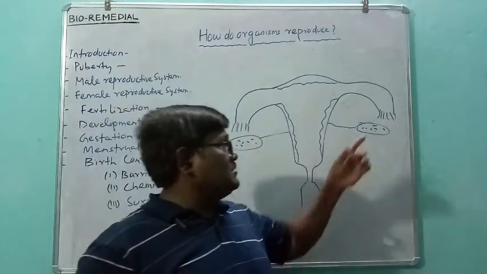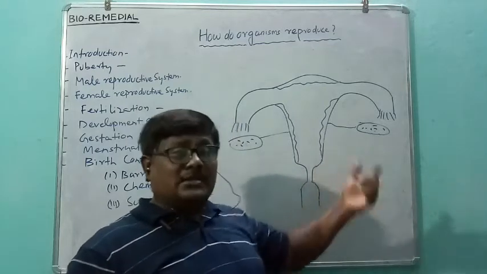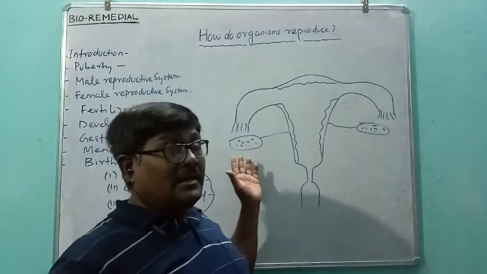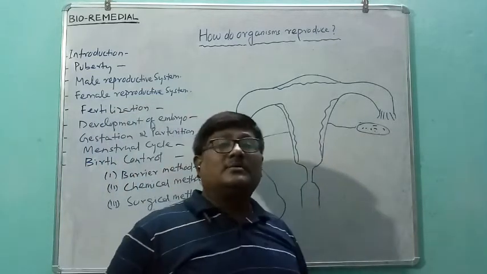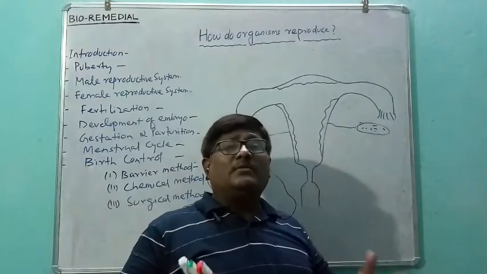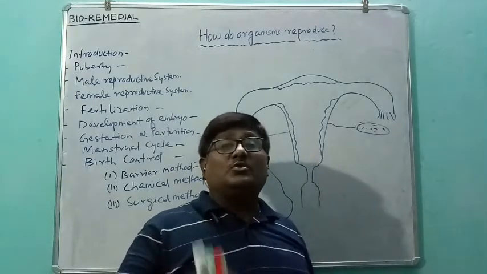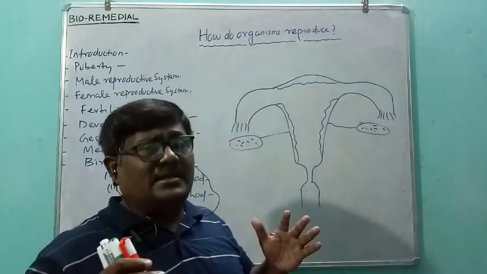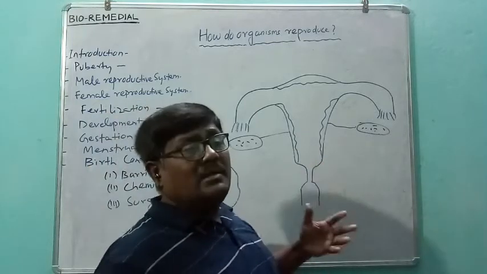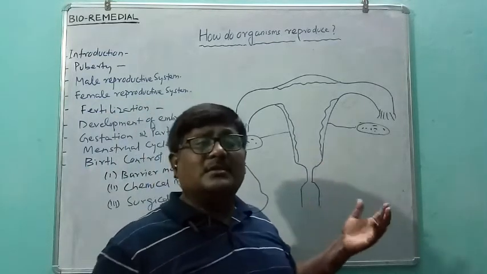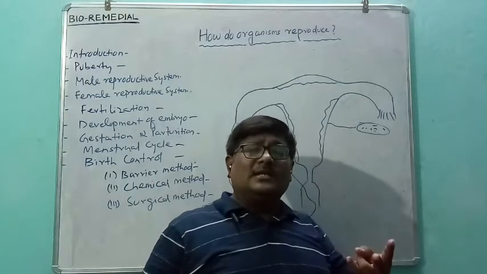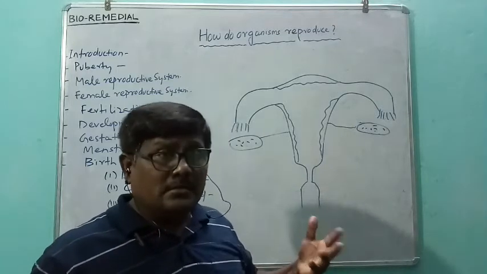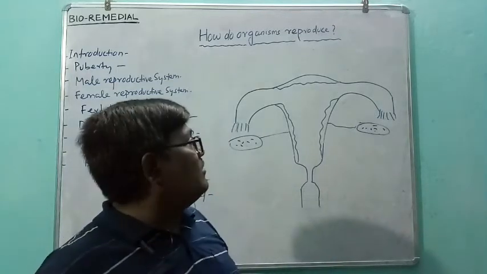That means in the first month, this ovary will release the egg. In the next month, the other ovary will release an egg. Again in the next month, the first ovary will release. Likewise, the ovaries alternately release mature eggs every month. There is an exception in rare cases, where in one month both ovaries release an egg, two mature eggs released at a time, when dizygotic twins are formed.